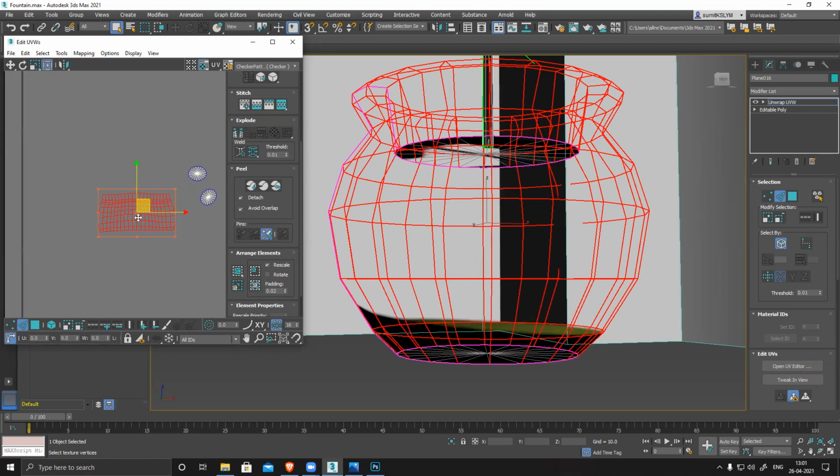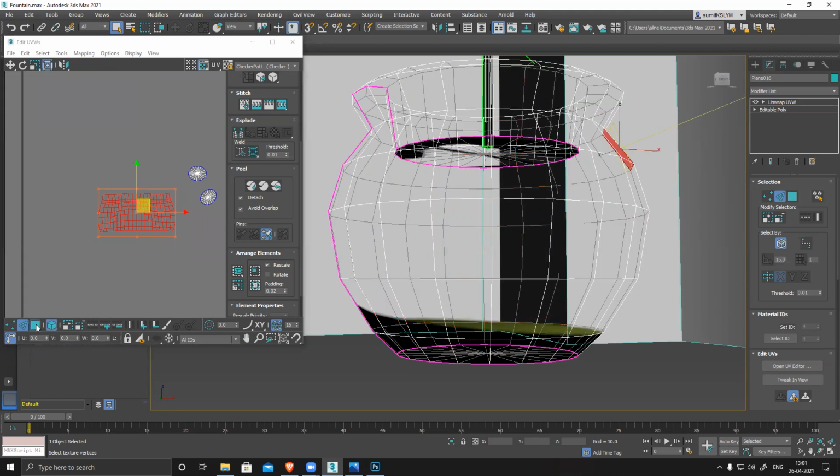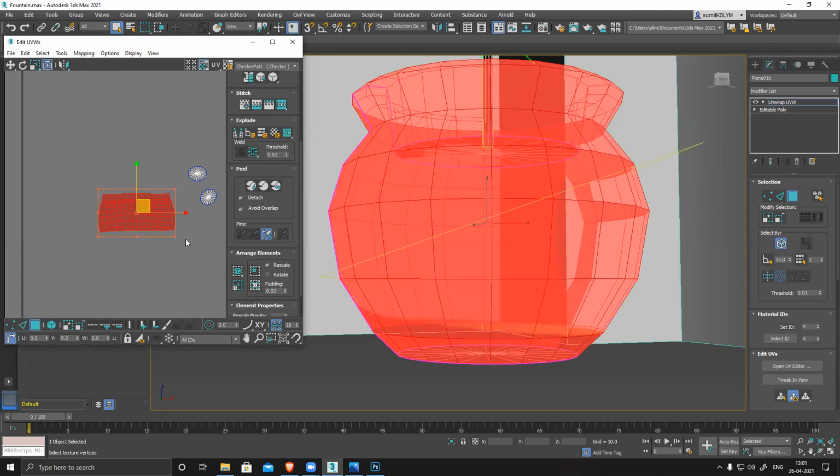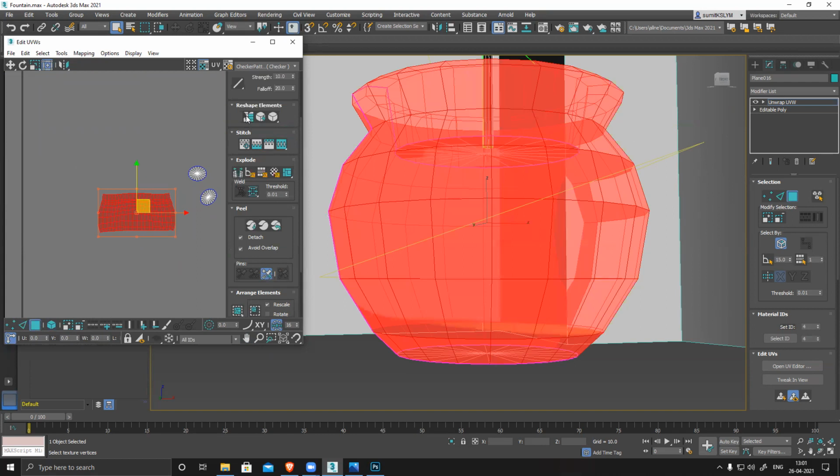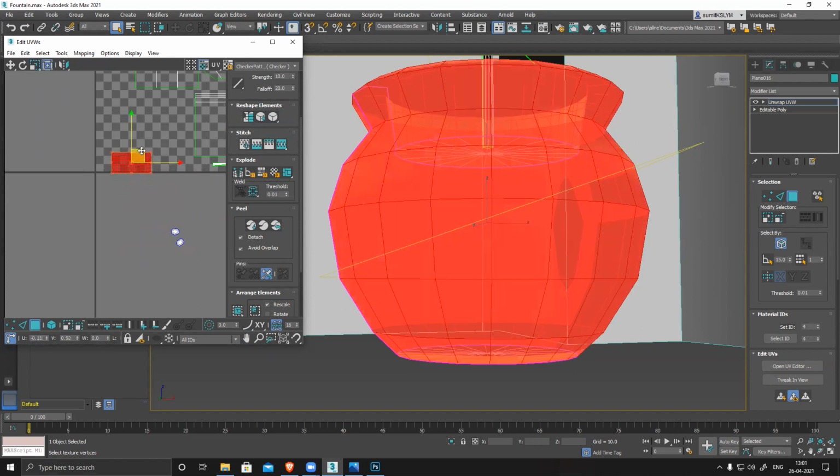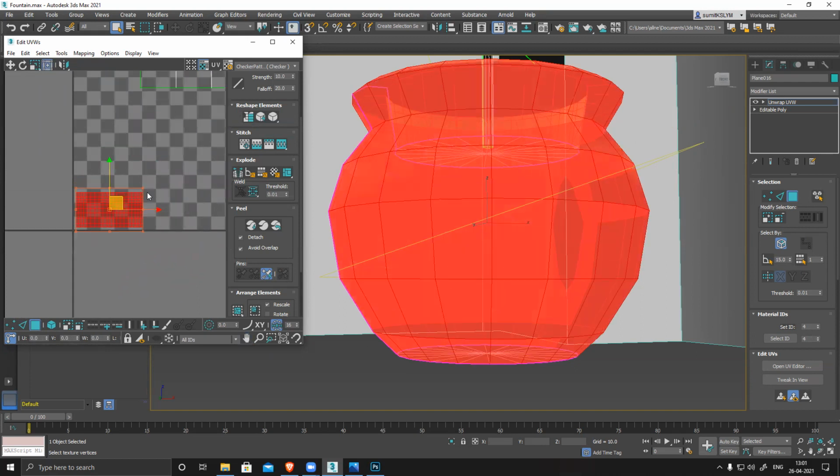Whenever you have this kind of shape, the best way for texture is to straighten the UV. So select everything in face mode. There's something called straighten selection, and it will instantly straighten your UV. Then control and increase the size.